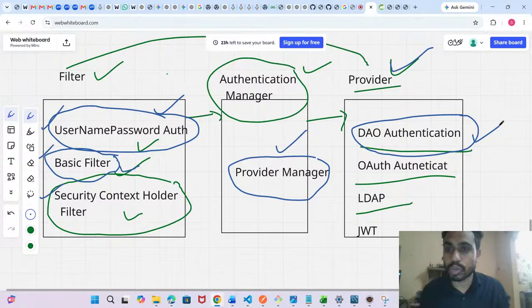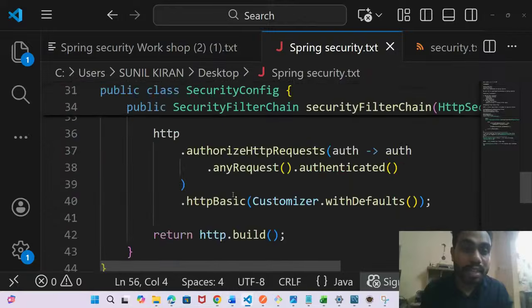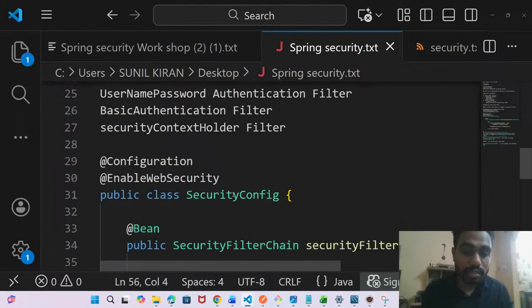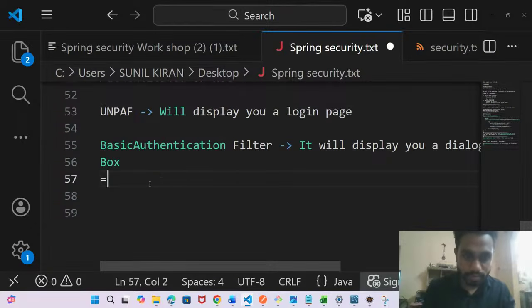Guys, hold on to this block diagram for a while; we'll go to approach 2. But what is approach 2, guys? Custom security. We have completed default security. There are 6 approaches to security.